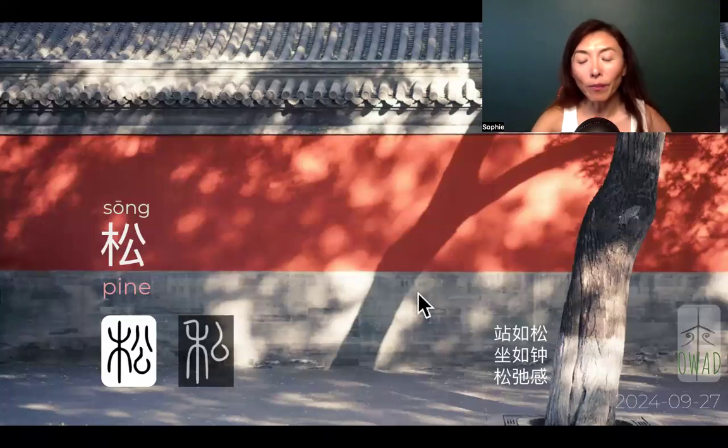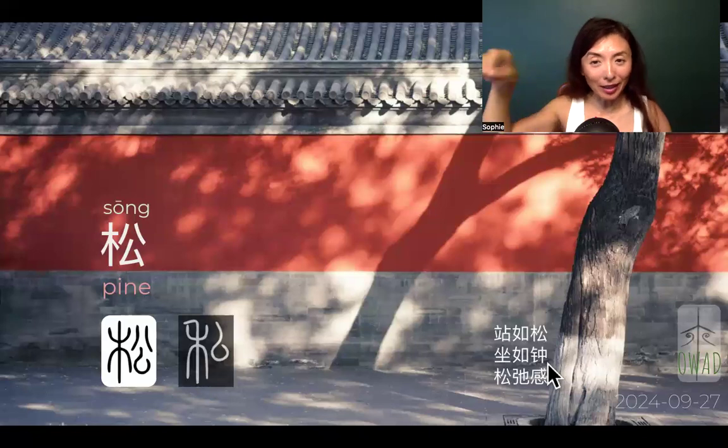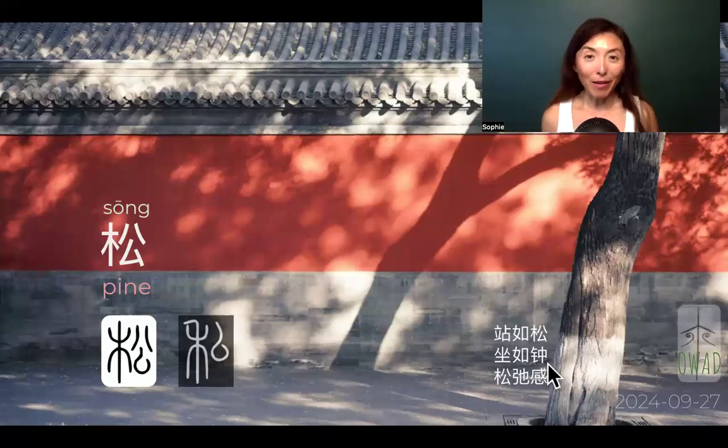Okay, so there you go. Chinese use 站如松, you stand, okay, I have to sit up taller, you stand like a pine tree, meaning you're very upright, have good body posture. And 坐如钟, you sit as if you're a bell. It's not a tinkle bell like that. Bell in Chinese,